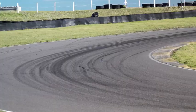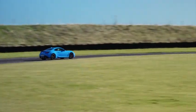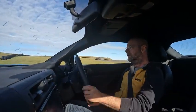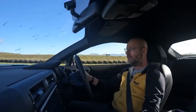Some people used to say, oh, it hasn't got enough power at this sort of money. You know, you get a hot hatch with 300 horsepower. Well, you had to sort of embrace the purity. I don't think you have to make excuses for this and its purity anymore. It's just,